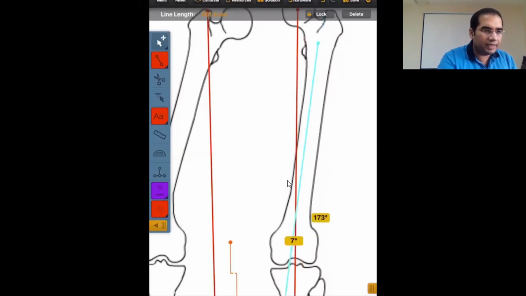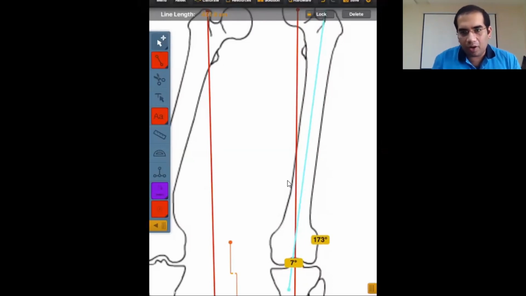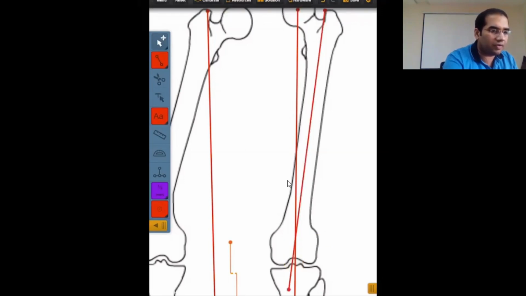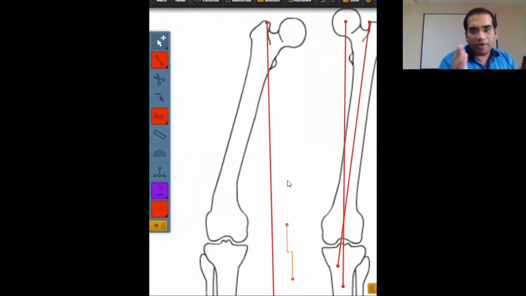So the other way of saying it is that the mechanical axis of the femur crosses the anatomical axis of the femur at an angle of 7 degrees. In a normal limb, the mechanical axis line crosses the anatomical axis line at an angle of 7 degrees. This is very important. This is another way of describing the anatomical mechanical angle. So we have got a reference angle. We're going to replicate the same on the abnormal femur to get the mechanical axis of the proximal femur.